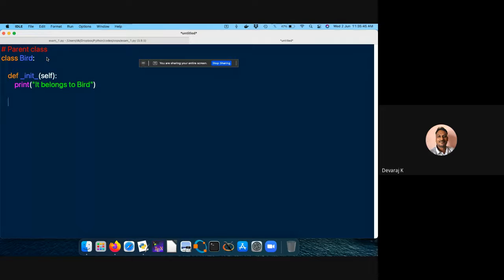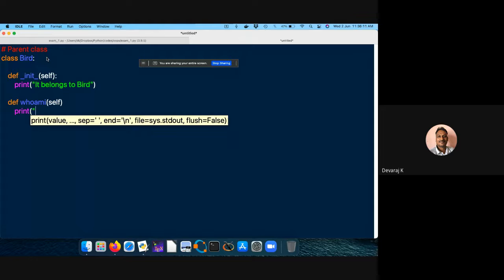So I'm trying to create one or two sentences, or what we can call the syntaxes for that particular parent class. So def who am I, self. So this may be print: I am a bird class or something.